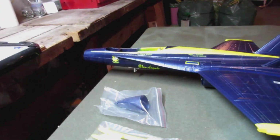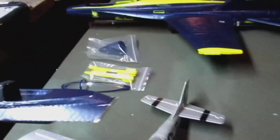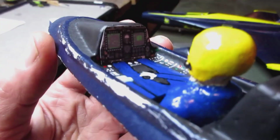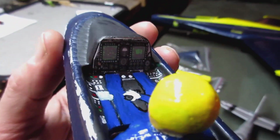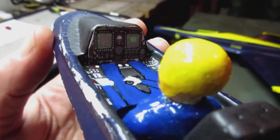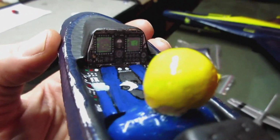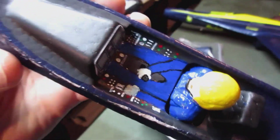And I'm also detailing the cockpit, just like I did the other one, just like I did number 5. I printed off on paper a full instrument panel display. I'm going to put a coat of packing tape over it so it gives it a little bit of a gloss. I painted on the deck there the pilot. You know, he's already sitting in there, but I painted the rest of him looking down on him, sitting in there with the operating controls. I painted the side consoles. I'm going to finish the helmet,